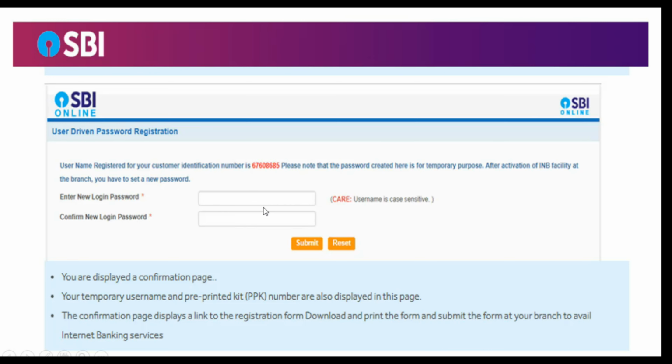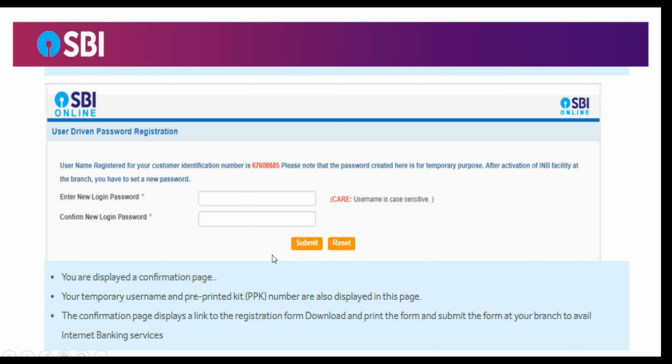The same password has to be repeated over here. It also says that this password created here is for temporary purposes, and after activation of INB facility at the branch, you will have to set a new password.